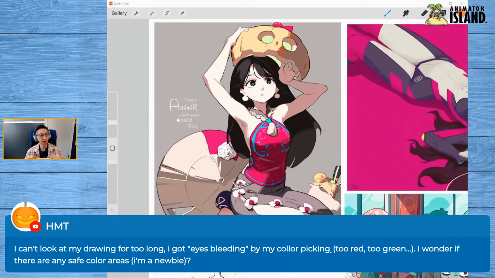When you say, I wonder if there are any safe color areas, I'm not sure exactly what you mean. Do you mean in terms of not having that brain situation where the colors change because you've been staring at them too long? Or do you mean, are there any colors that are generally safe to use so that you don't have to think about which ones you pick? If you want to clarify it, let me know.